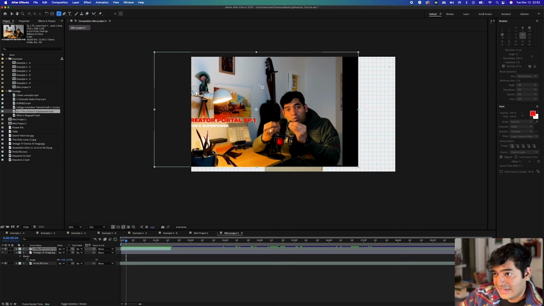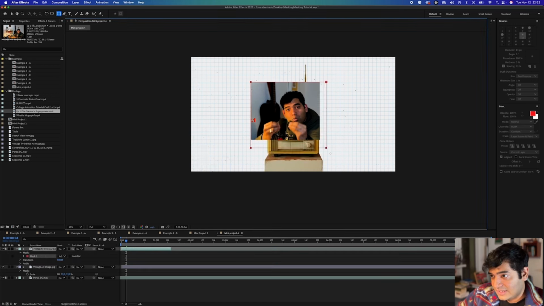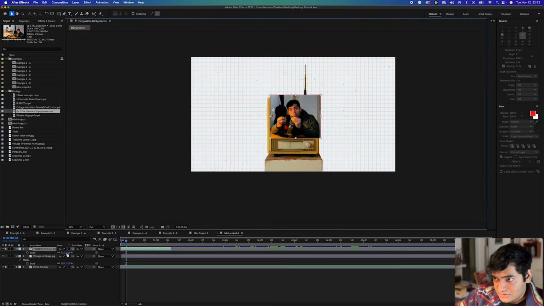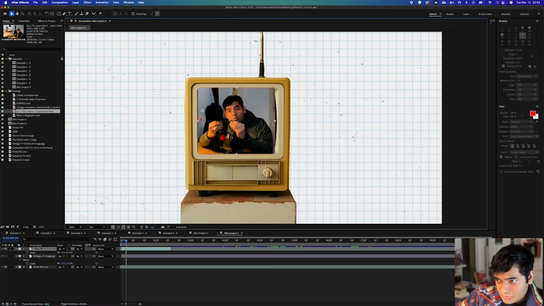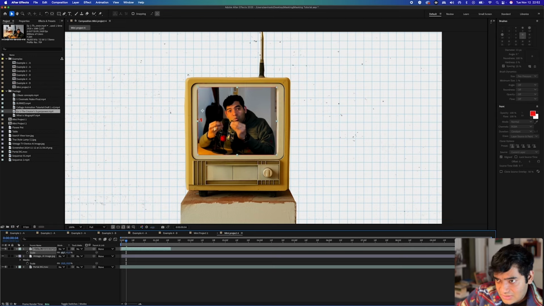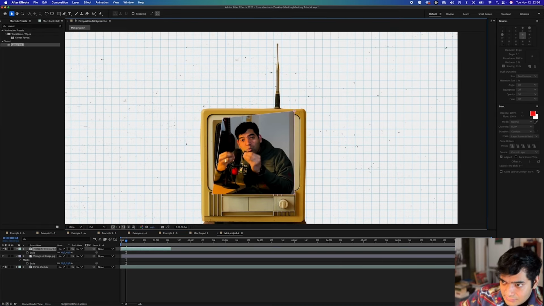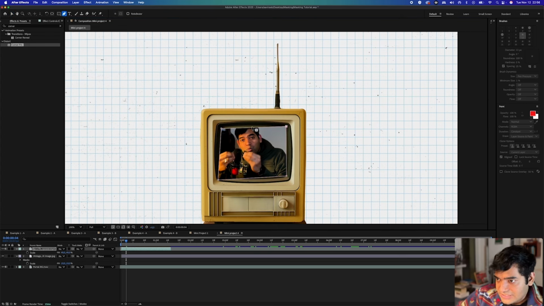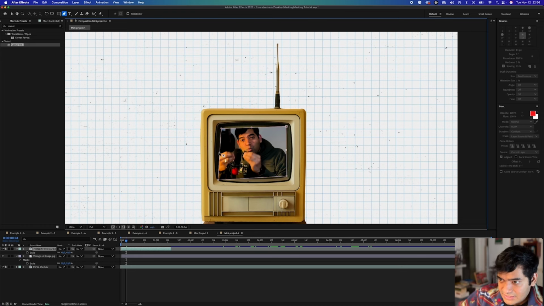So I'm going to take the rectangle tool and then just create a rectangle around myself here, and then bring this down to the size that I want to fit into this television. I'm going to just increase this slightly, make sure it's just a part of the border. Now what I'm going to do is take the mask and basically try to pin this down into the corner of the screens. And then of course go into the pen tool, just add some points here on the side,